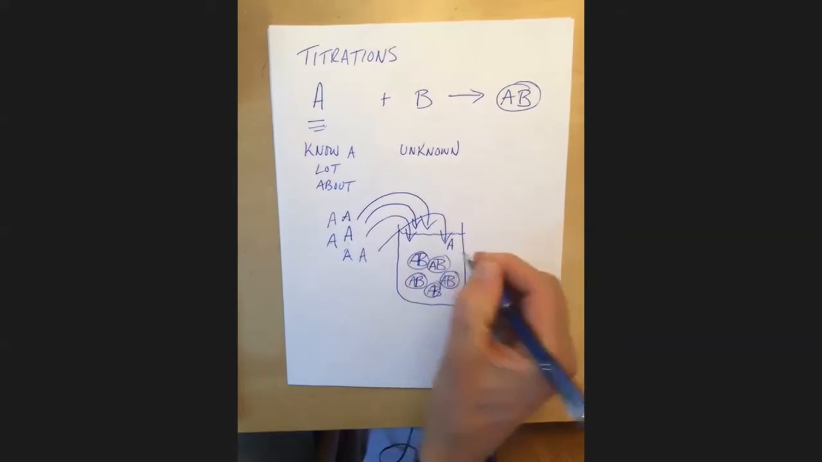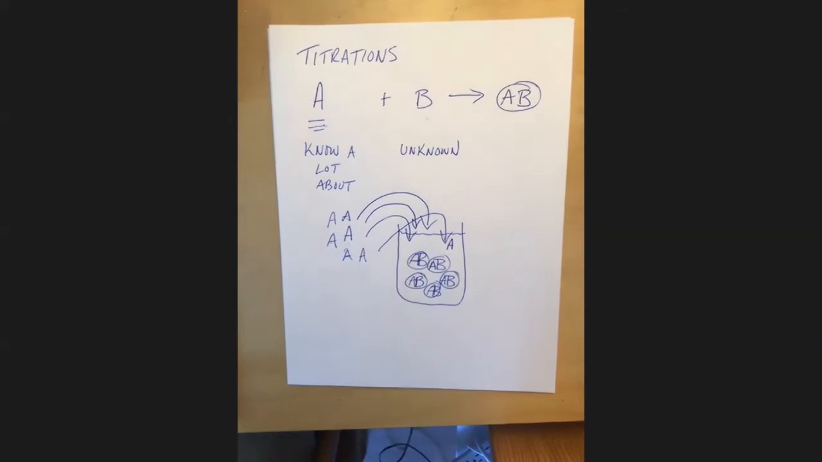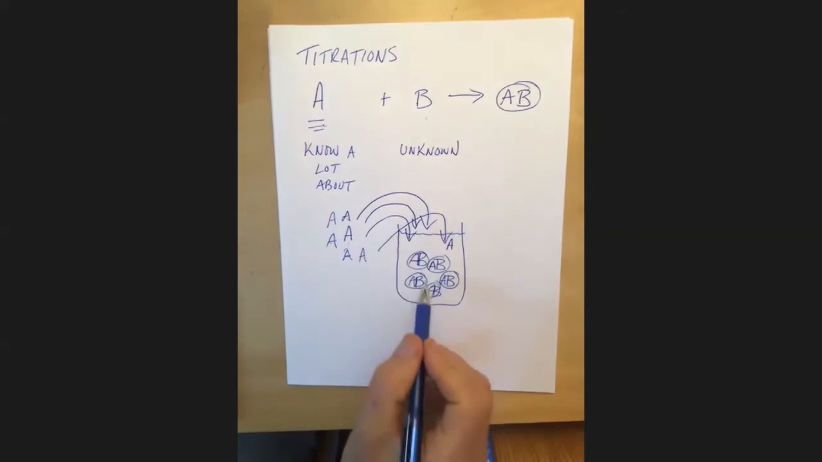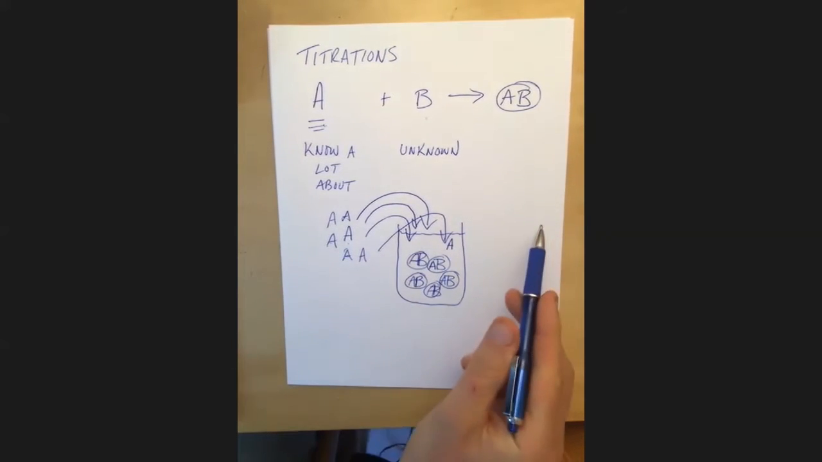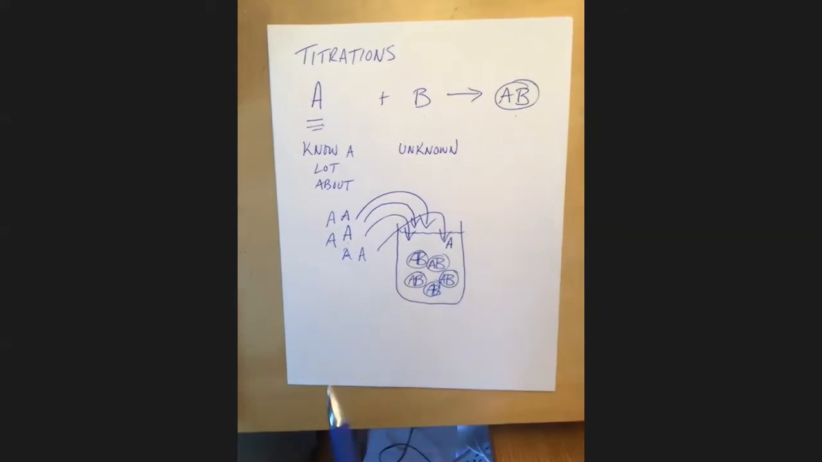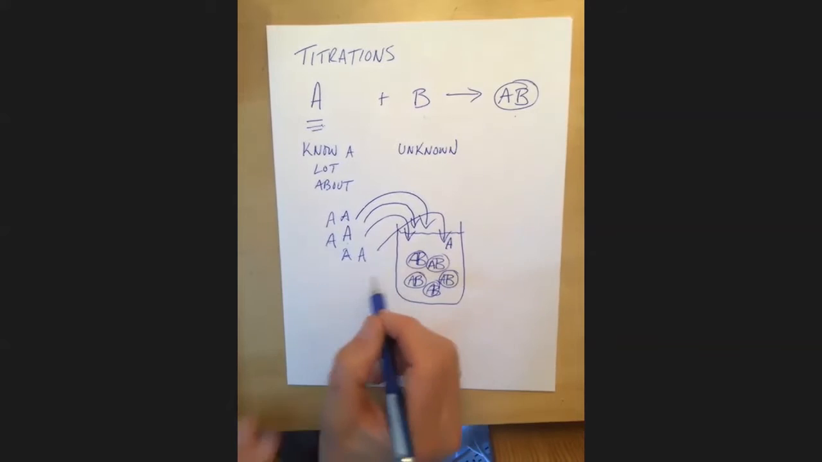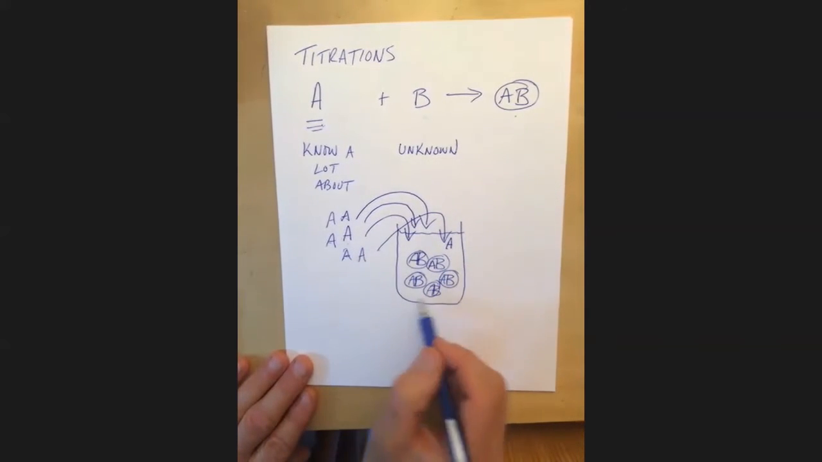Now, I've just got this 1 A floating around in there. Because we knew that we had 5 B's, it's a big secret, but we didn't really know that. As I start adding A's in there, they start to react and they form the product AB. But here is this A hanging around. And so now I can just keep on adding A's and I won't get any more